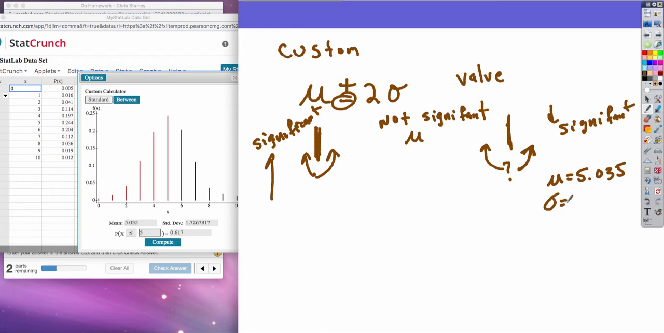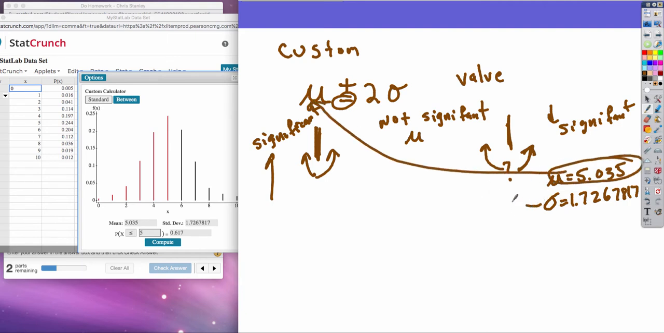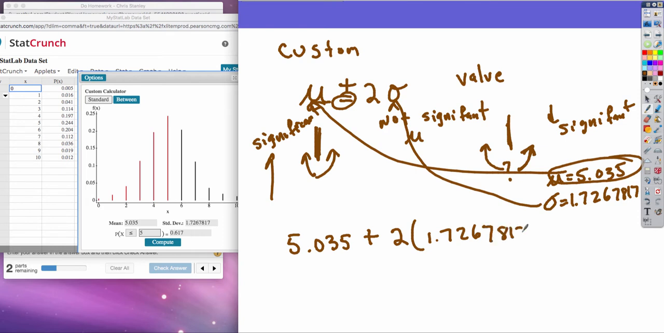The standard deviation. So now this goes in here. This thing goes in here. I wouldn't round this. So essentially we're going up 2 of these. You might get away with some rounding, but